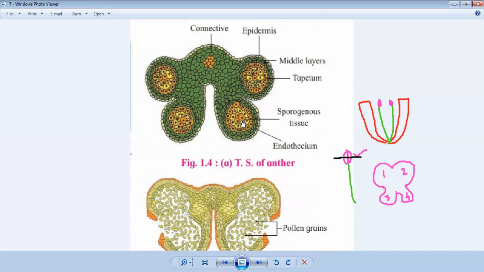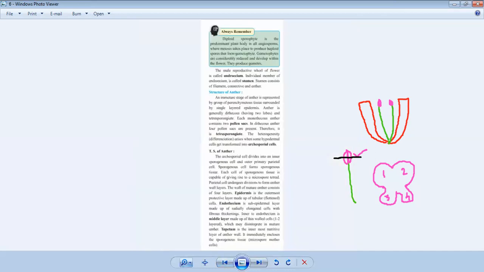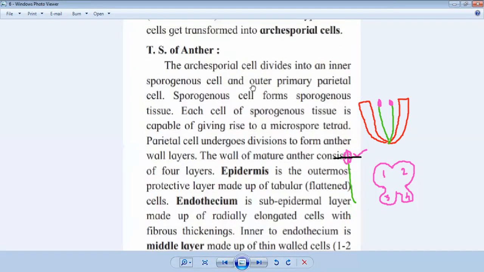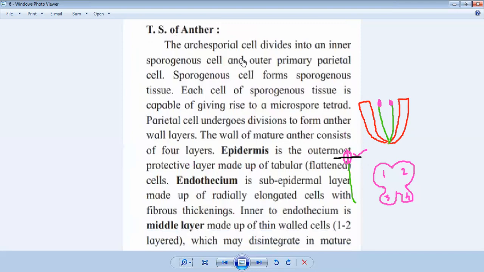ठीक है, anther के अंदर sporogenous tissues होते हैं which are responsible for the development of microspores, that is a pollen grains. ठीक है, तो पोलन ग्रेन्स डेवलप होने के लिए वहां पे स्पोरोजिनस टिश्यूज होते हैं, ऐसा इन लोगों ने यहाँ पे बोला है. तो वही हम लोग यहाँ पे डिस्कस करें कि दैट द टीएस ऑफ एंथर, इट कंसिस्ट ऑफ